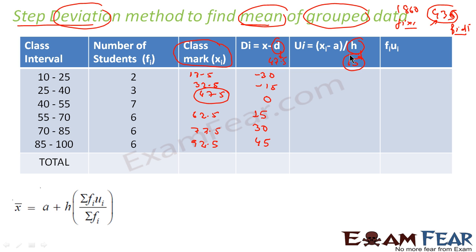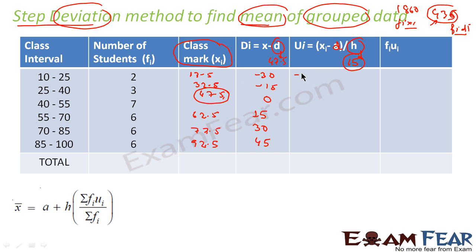This value of h is something which you have to find based on data. Similarly, d is something which we observed and found as the assumed mean value. Here also h is something which you have to observe and find a value which divides all these di. So here I saw 15 is the value which divides all the di. So I'll divide this di by h. This is xi minus d, divided by h.